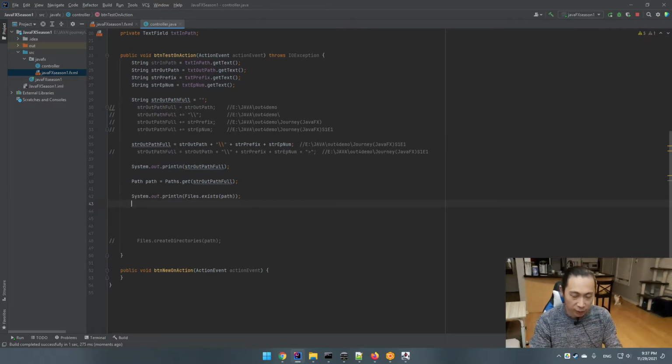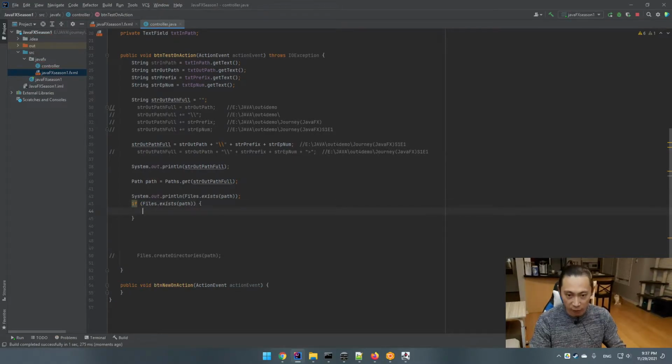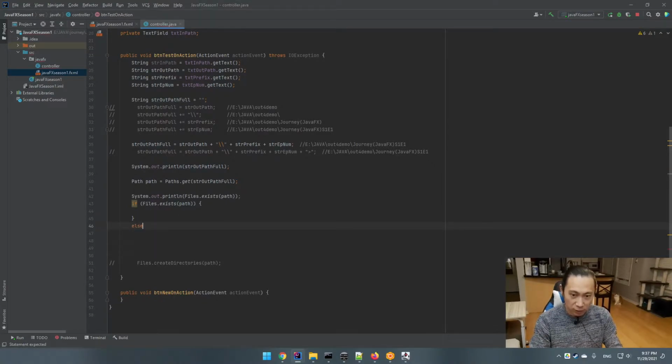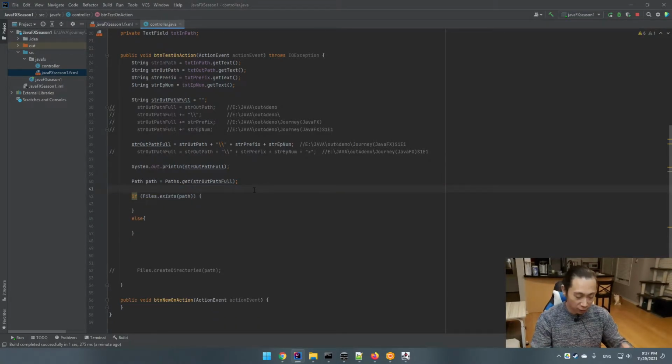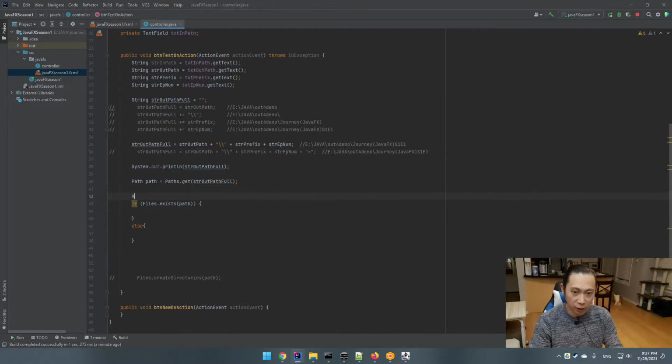All right, so we're going to wrap it into an if Files.exists(path). If this one is true, we're going to do this, else something like this. If the path is already there, we're going to make an alert. The alert, the little pop-up window, is quite simple. It's an Alert type. For this one, we're going to say Alert alert equals